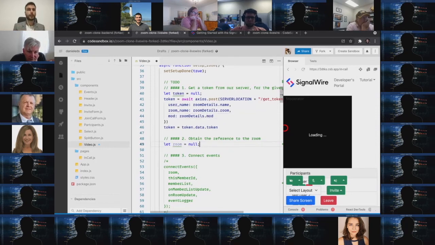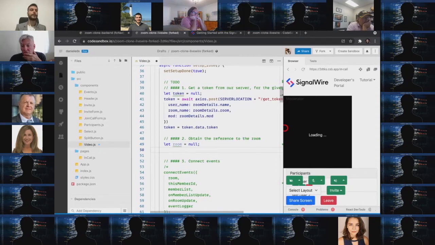We can go down to the second to-do, to-do number 2 at line about 49. So now that we have the key, the token, we need to access the room to obtain a reference to this room. And now this is where we are actually going to use the SDK for the first time. Remember, we imported it with the name SignalWire. So what we are going to do now, we're going to say room equals,